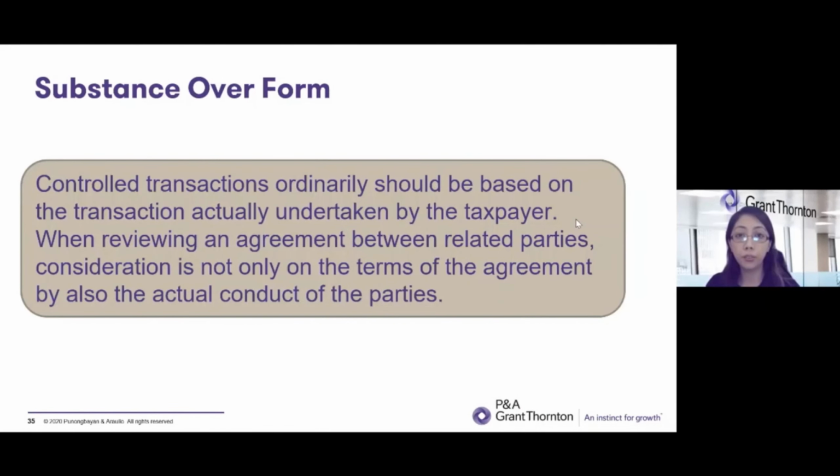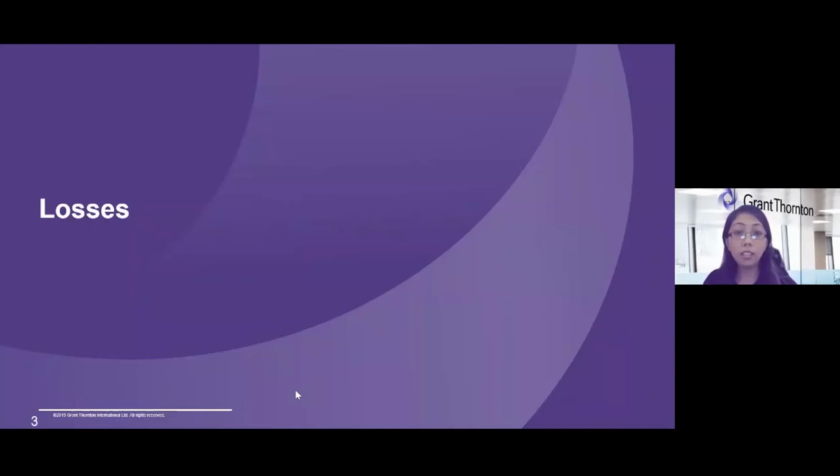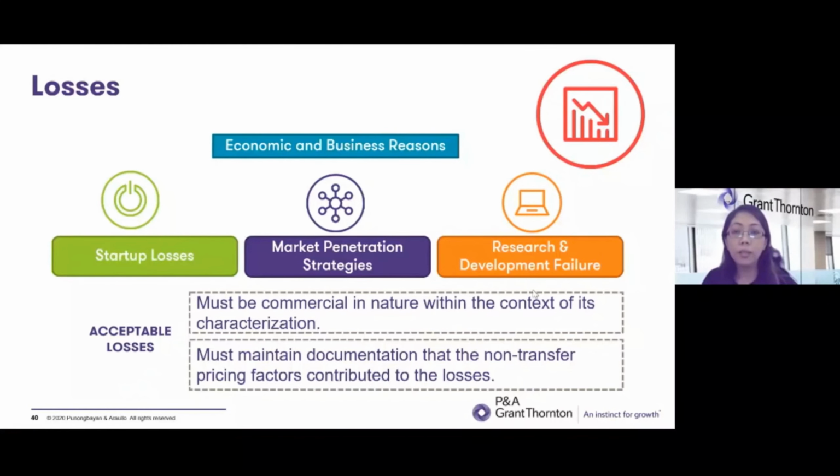The concept of substance over form as applied to financial statements is nothing different when it comes to transfer pricing. Related party transactions or controlled transactions that are reported should be those that are actually undertaken by the taxpayer. Losses are inevitable. Business entities incur losses for a variety of reasons, such as startup losses, market penetration strategies, and